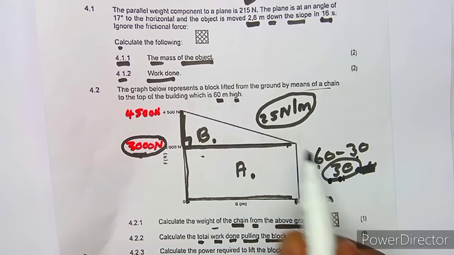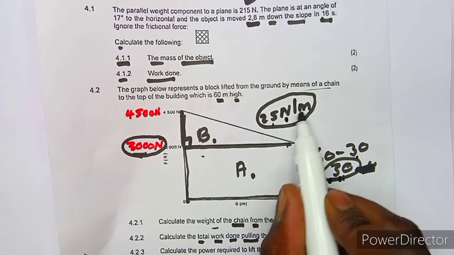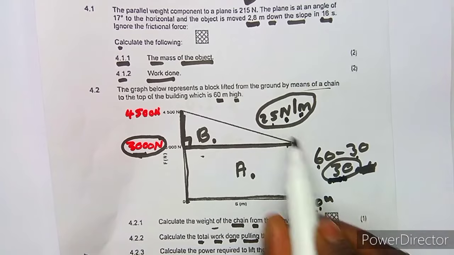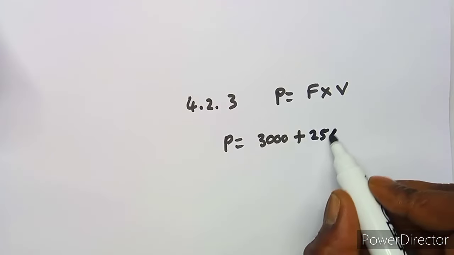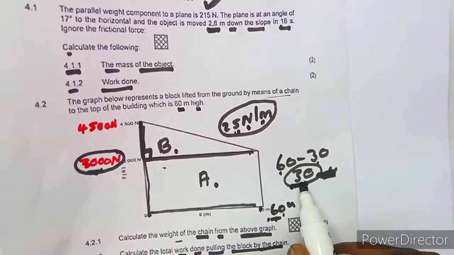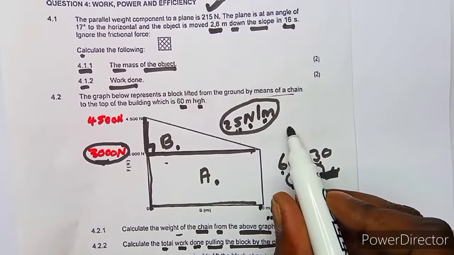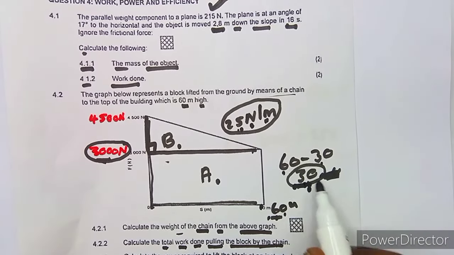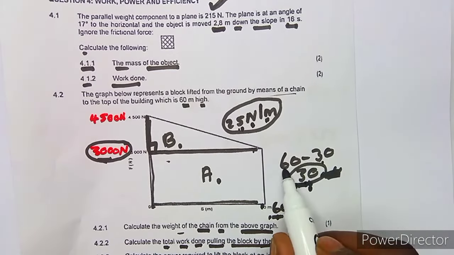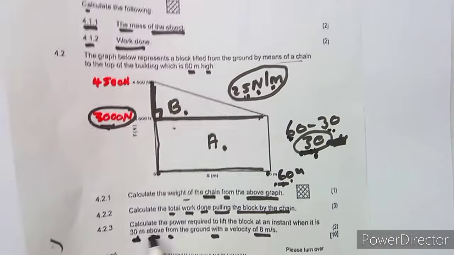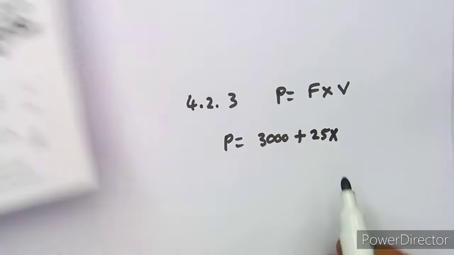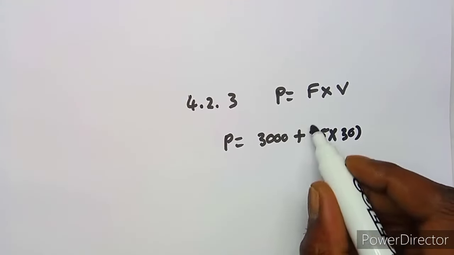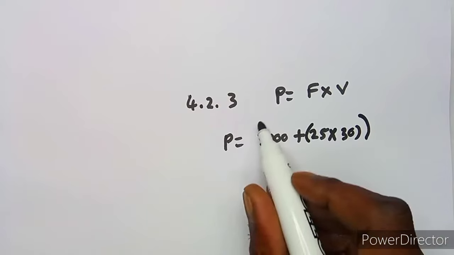So it's going to be 25 Newton per meter times 30 meters, because this is Newton per meter, and we've got 30 meters. If it was 40, we are going to say 60 minus 40, you multiply by 20. But here they just gave us the same answer. It's not this 30 that they gave us, it's the one that we obtained by subtracting. So take note, guys. All right, so that's it for the total